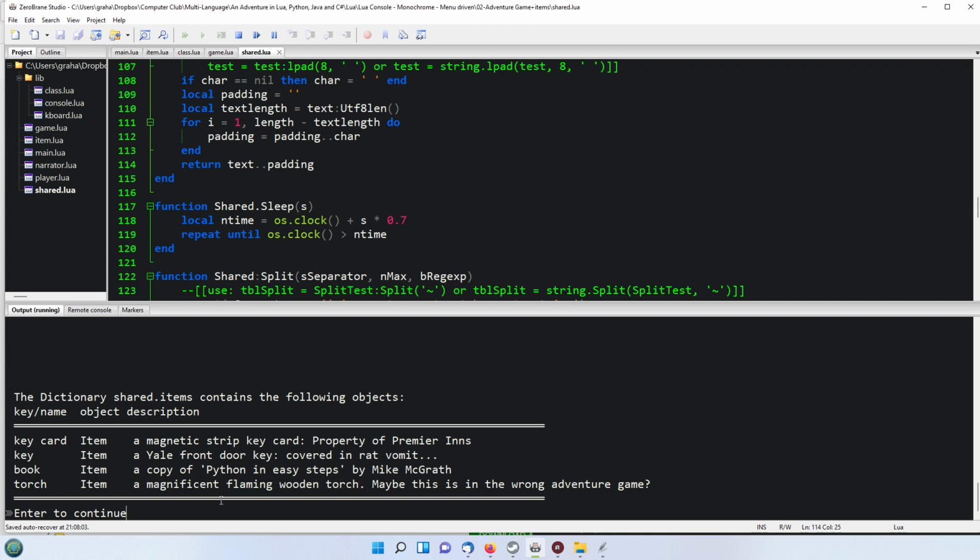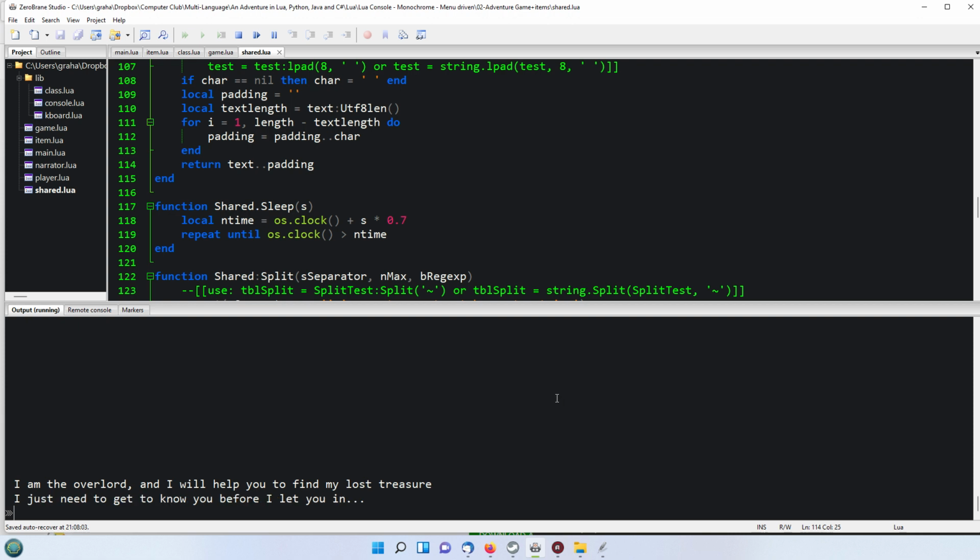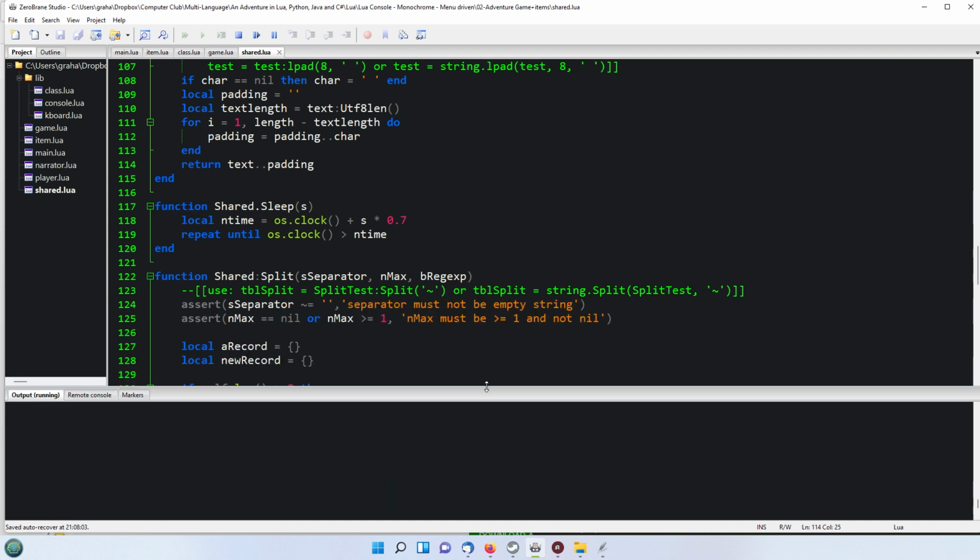So we need to obviously, in order to use these items, we need to have somewhere to use them in. So that's, I think, the next topic, which is how to create various locations that we can explore and pick up items from. So let me press enter to continue here, and then the game runs pretty much as it did before. So I won't bother to complete it there, but I hope that that's been useful, comparing how the difference between the